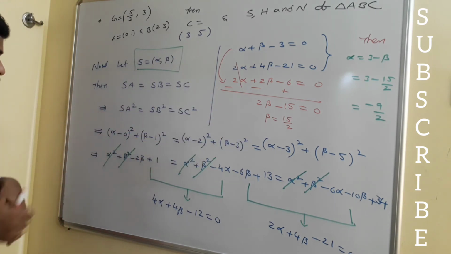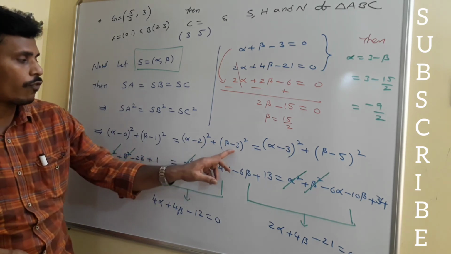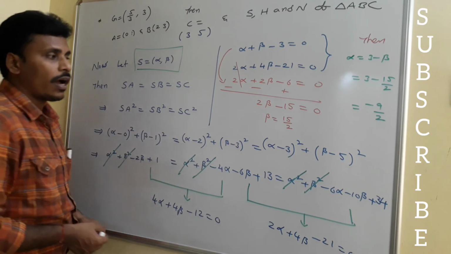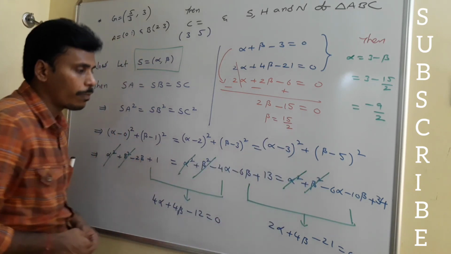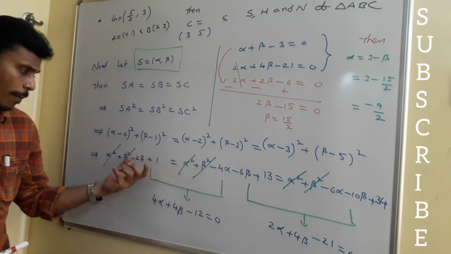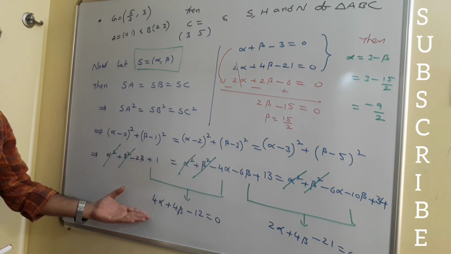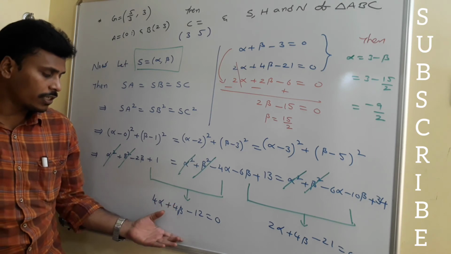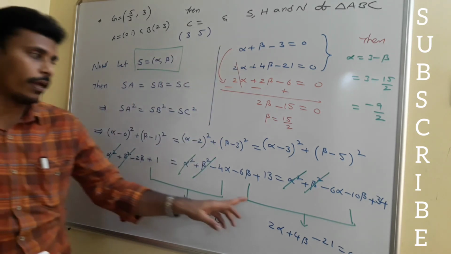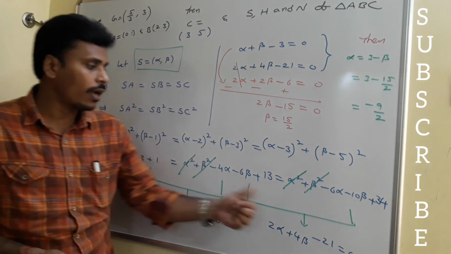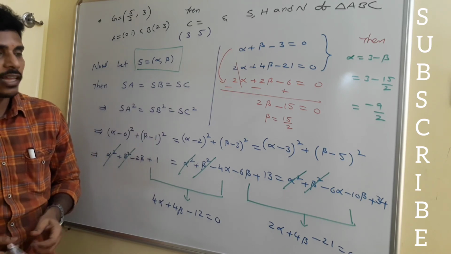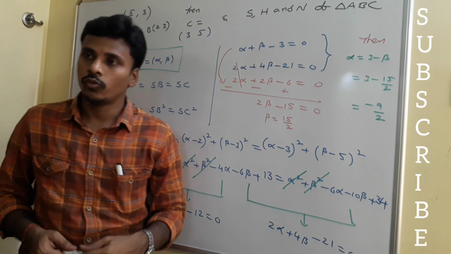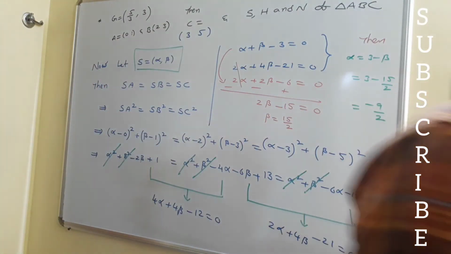Now you just apply the square rule, alpha square, beta square minus 2 beta plus 1. Right? And here alpha square, beta square minus 4 alpha minus 6 beta plus 9 plus 4, 13. And there alpha square plus beta square minus 6 alpha minus 10 beta plus 25 plus 9 is 34. Now if you combine these two, 4 alpha plus 4 beta minus 12, 0. That means if you divide by 4, first relation. Then if you combine these two, 2 alpha plus 4 beta minus 21, 0, and that is the second relation. On solving this, you get alpha as minus 9 by 2 and beta as 15 by 2. Just have a look and take a screenshot right now.